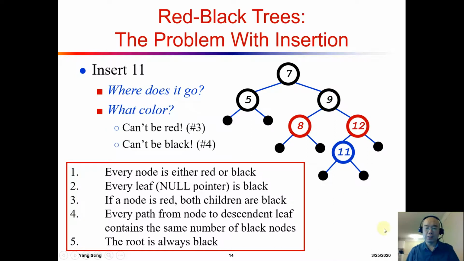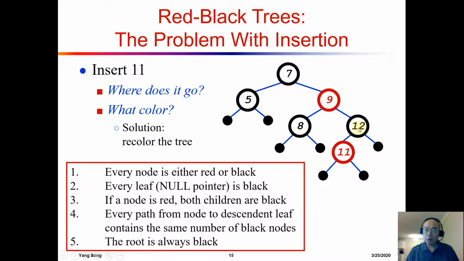So here is a tree. Here is a trick. So we have two consecutive blacks. Two consecutive blacks is allowed in the red-black tree. However, since we are growing heavier on one side, one thing we can do is we change the 9 to red color, and then both of the children 8 and 12 will be